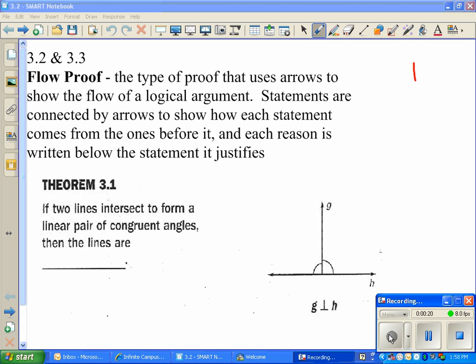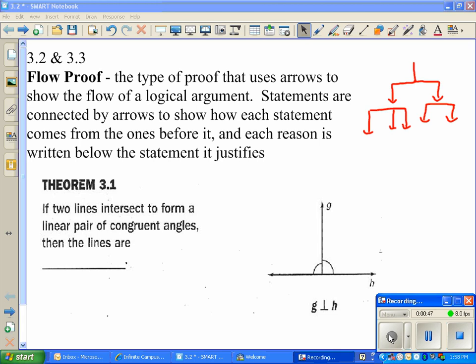like a family tree kind of thing. Have you seen family trees? That's kind of like a flow proof. Because of this reason, all these other reasons occurred. Okay? That's a flow chart. Now, it's got words in between them telling what's happening, but that's the type that you would see with a flow chart. We don't use that much with math. It's just not as